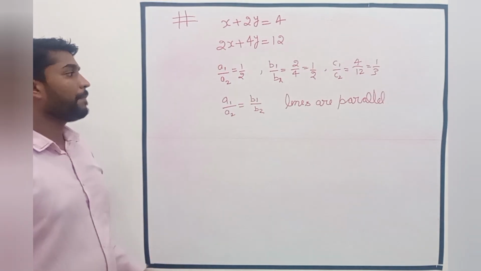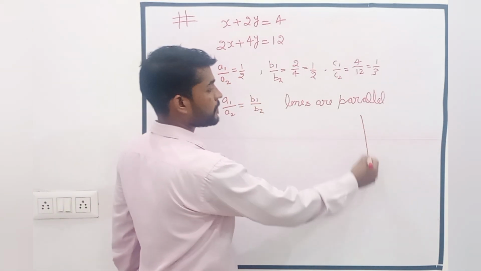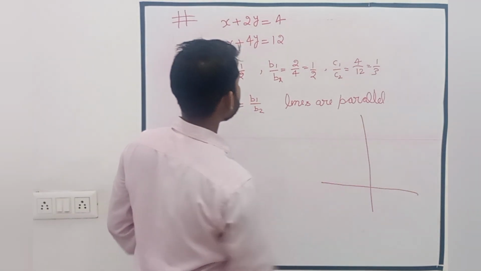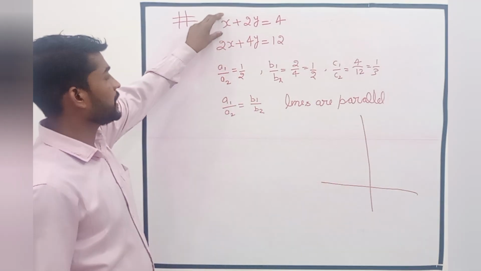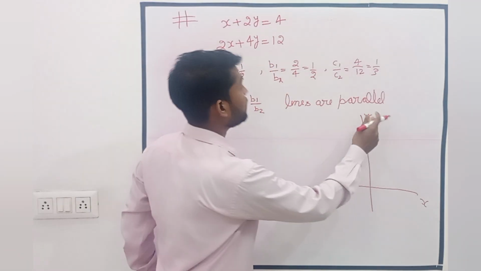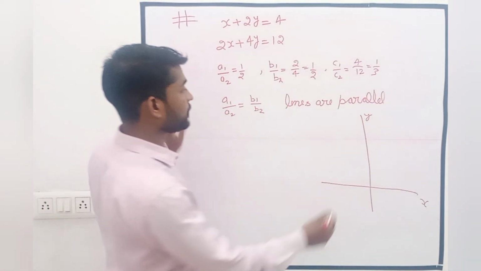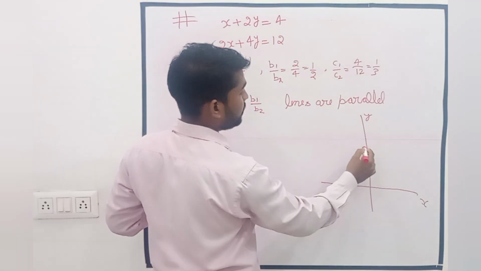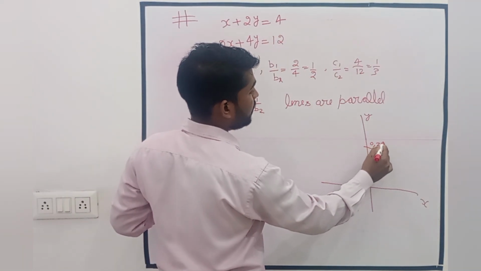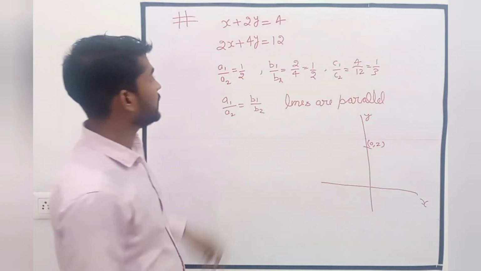Both of the lines are parallel, and we can represent this equation in graphical form. In this graph, first we check the point where this equation cuts the x-axis and the y-axis. We put x equal to 0 and get the value of y as 2, so this equation gives the point 0 comma 2, and that is here. And we put y equal to 0,